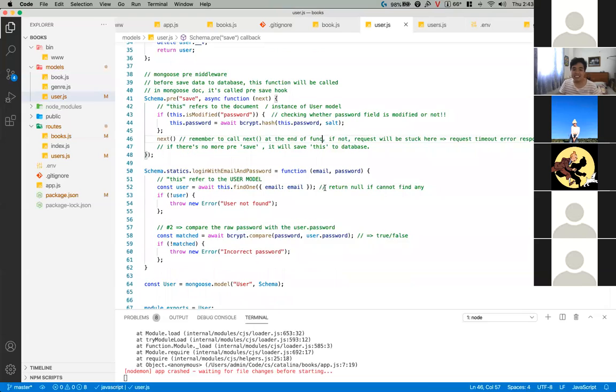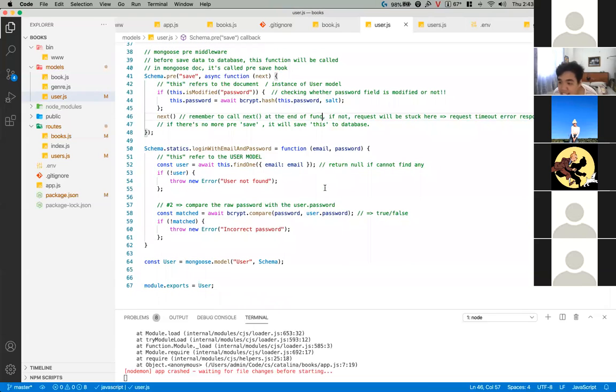Because remember on Tuesday last week when I talked about class. I just mentioned the logic is right, but it doesn't explain why this here refers to the model. Okay,